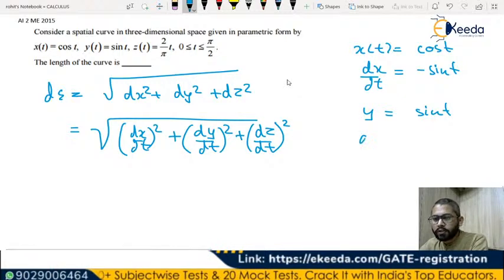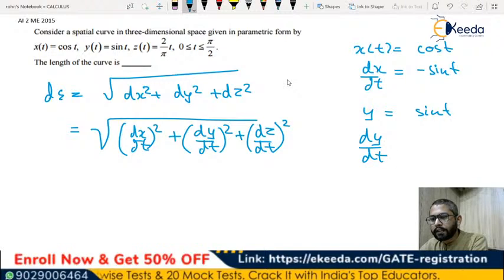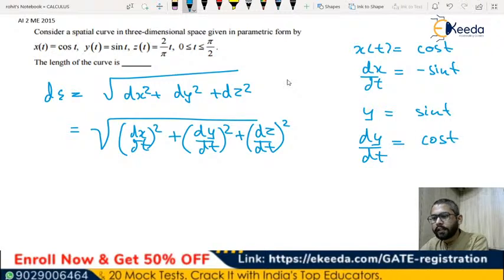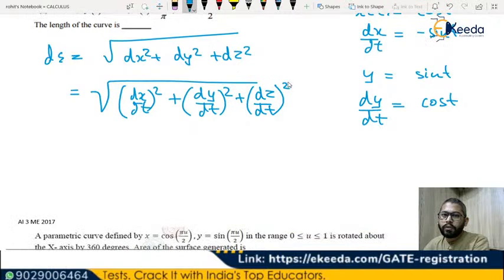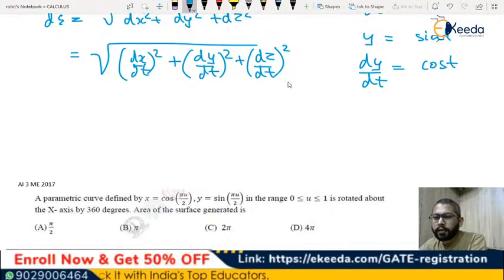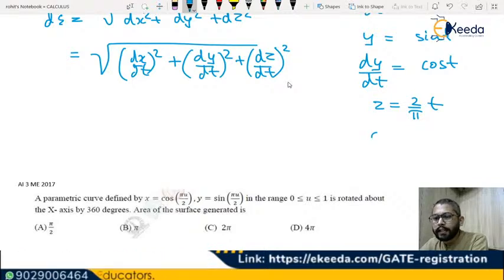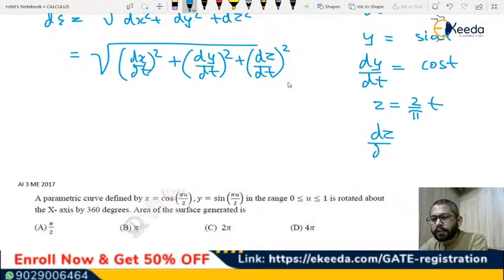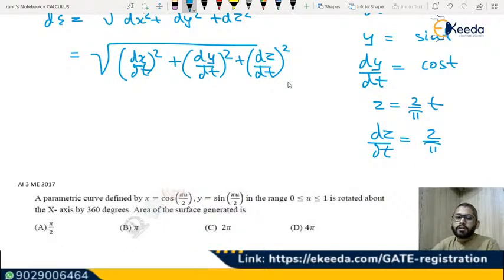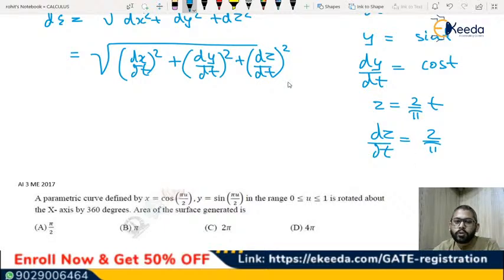Y is equal to this. So dy by dt is cos t, and then Z is 2 pi by t, so dz is 2 by pi. Right? So in that case, we can directly substitute all these parameters and this will become, let's say,